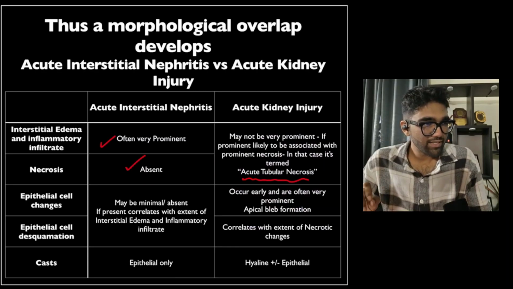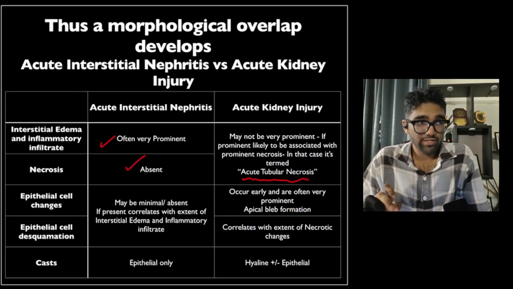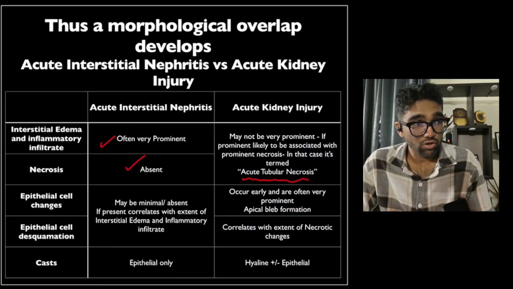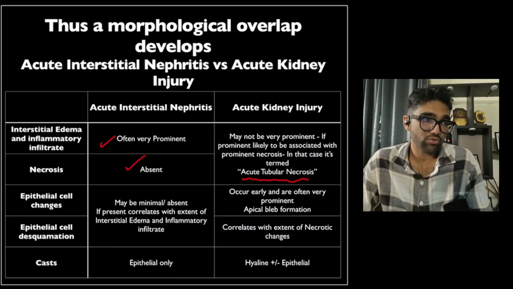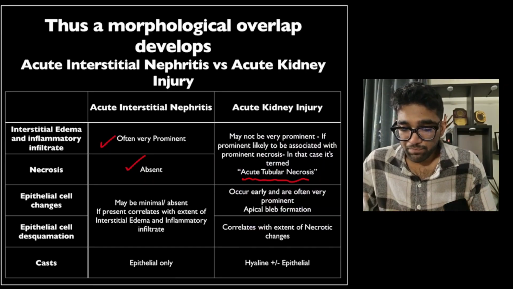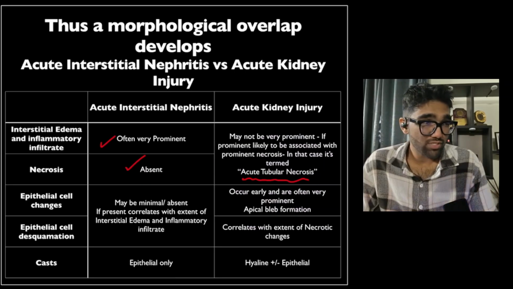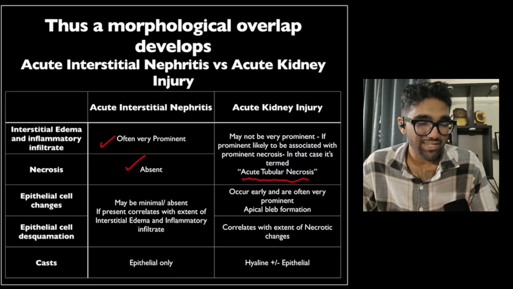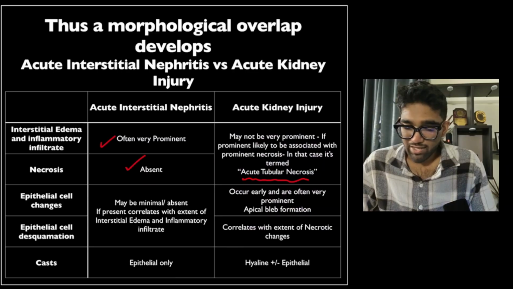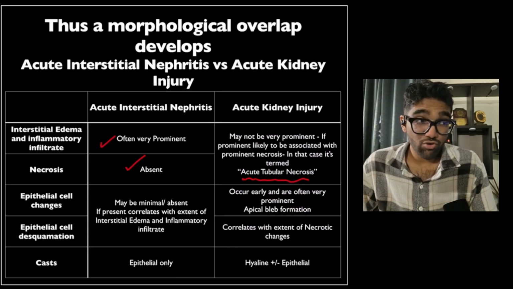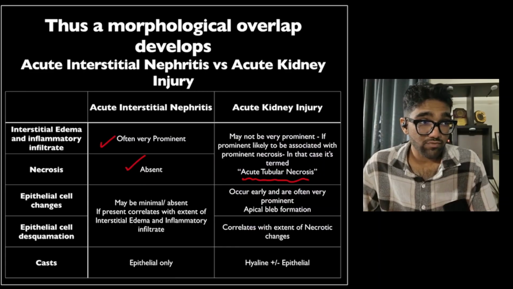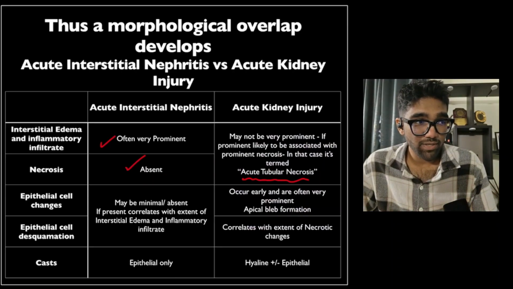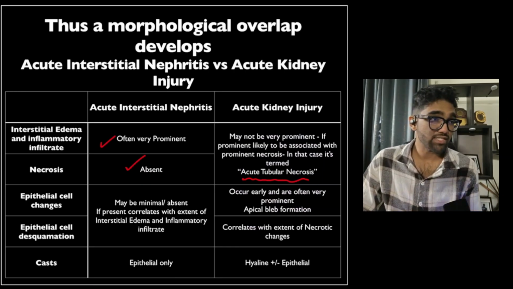Of importance, clinically, often this term acute tubular necrosis is used, especially when trying to differentiate cases of other types of renal injury from prolonged renal ischemia resulting in acute tubular necrosis on histopath, or what is suspected as such. However, I don't think that's a very appropriate thing to do. So you could say likely leading to acute tubular necrosis, but to label it as acute tubular necrosis is, I feel, going further than the data leads us in a case. So being a little presumptuous, and you're also in the process ignoring other possible causes of renal dysfunction, or renal injury. So this term is best kept as a histopathological term, rather than being used interchangeably